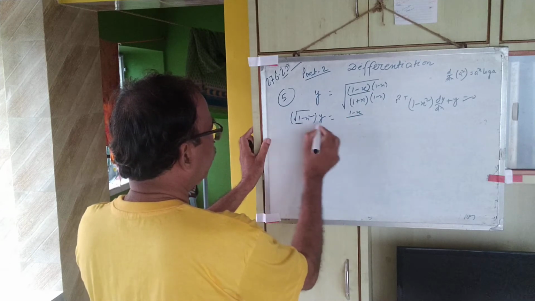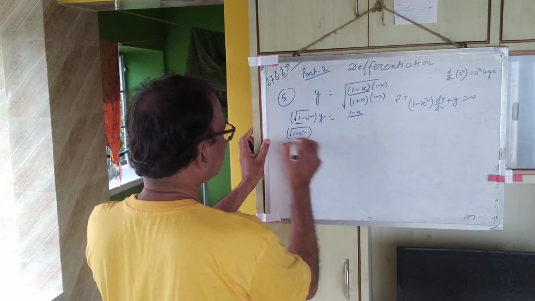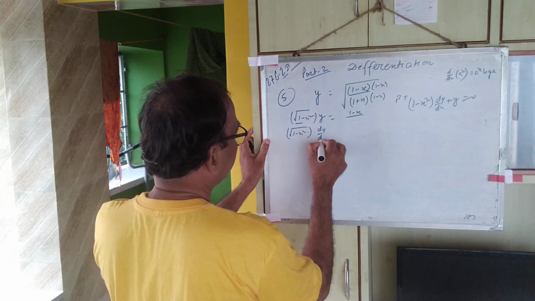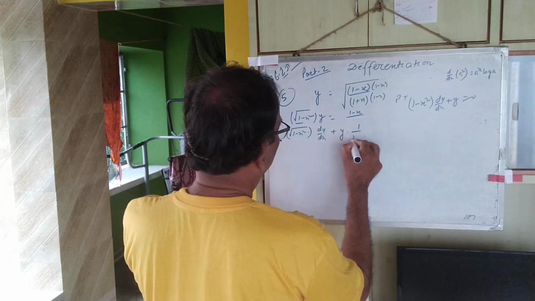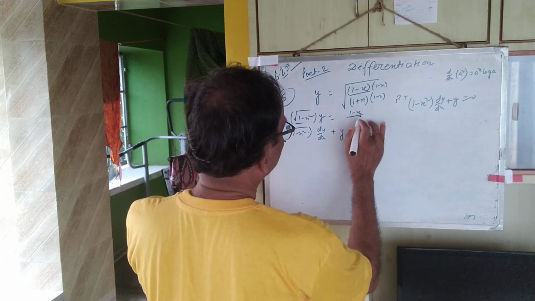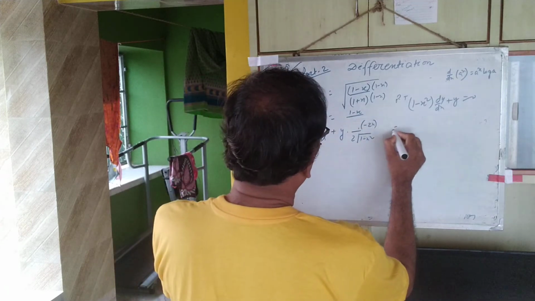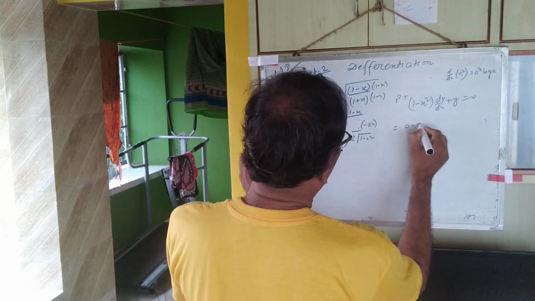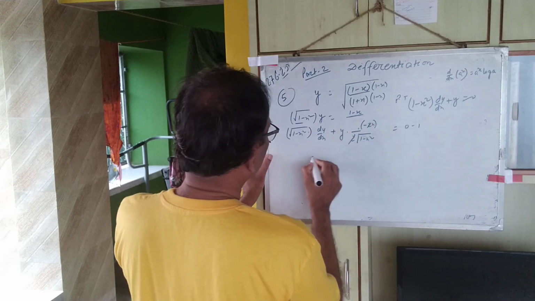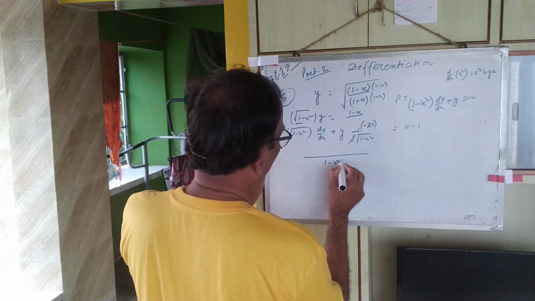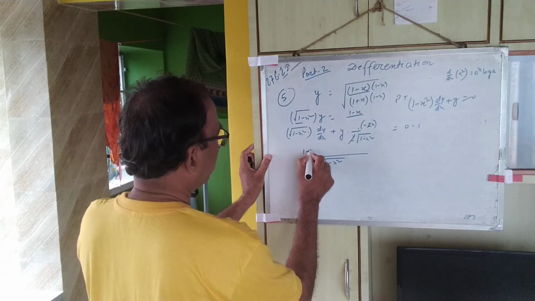Now differentiating uv with respect to x, root over of (1 minus x square) constant, dy by dx plus y constant, the derivative of this is 1 by 2 root over of (1 minus x square) into minus 2x. Derivative of uv finished, equals to 0 minus 1. Now these two also cancelled. Now root over of (1 minus x square) is the LCM, adding it is 1 minus x square.